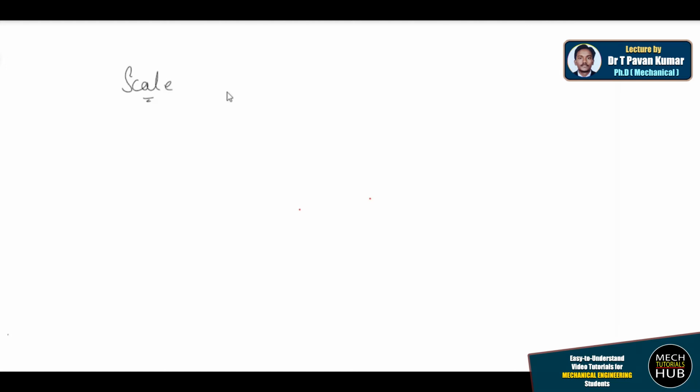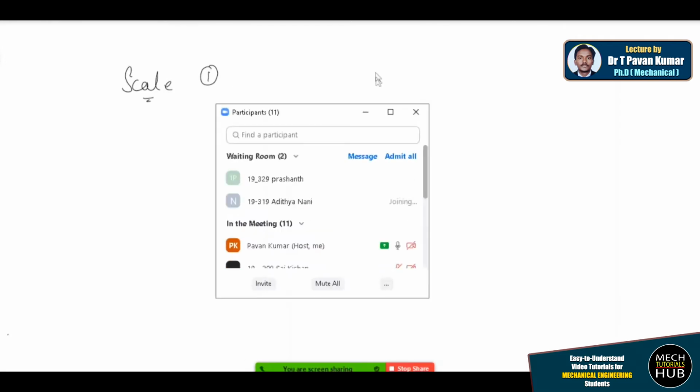You have learned about different types of scales: vernier scale, plane scale, diagonal scale, comparative scale. These are the types of scale that you have discussed. There you might have focused more on how to draw those scales, but the concept is more important. It is basically classified into three types. Number one, we call it a regular scale.